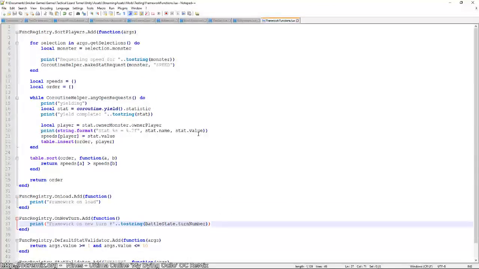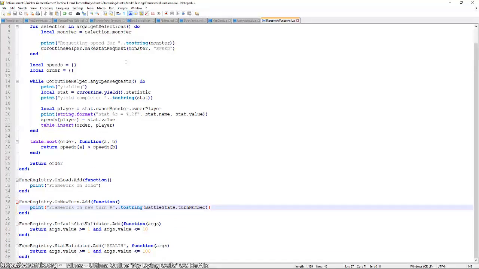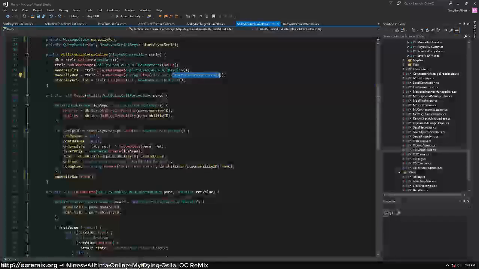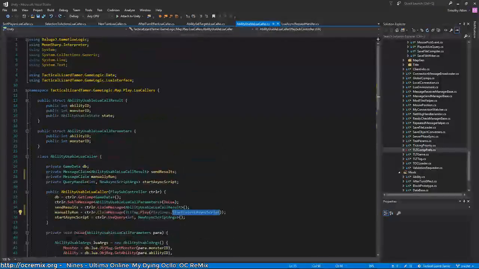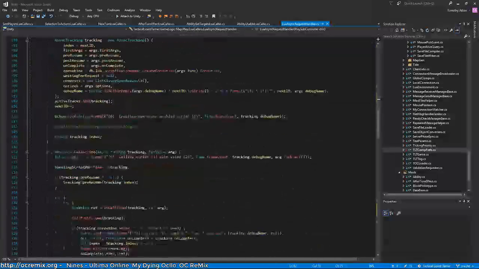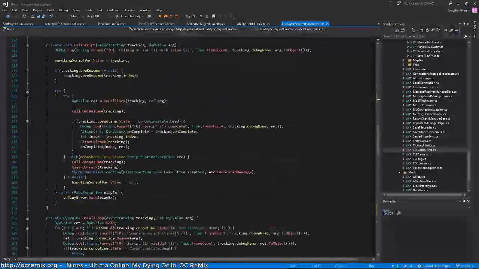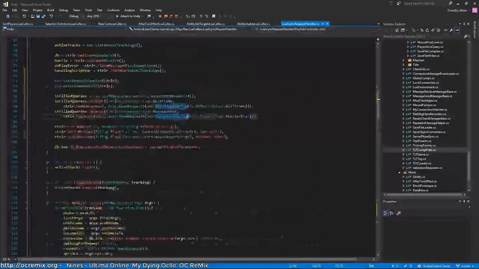Look through and see if there's anything else. I think we're good. So one of the main reasons I wanted to clean up the coroutine helper classes is because I'm going to add a third type, which is